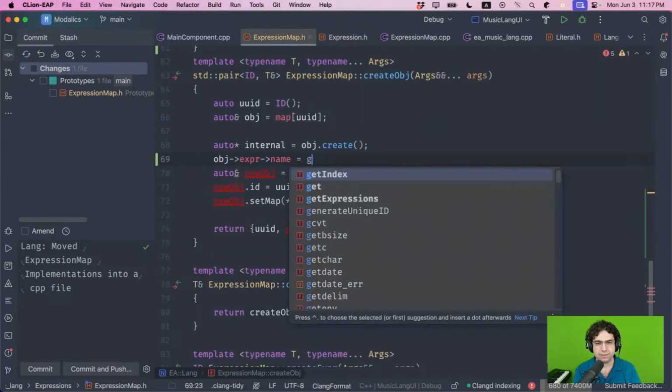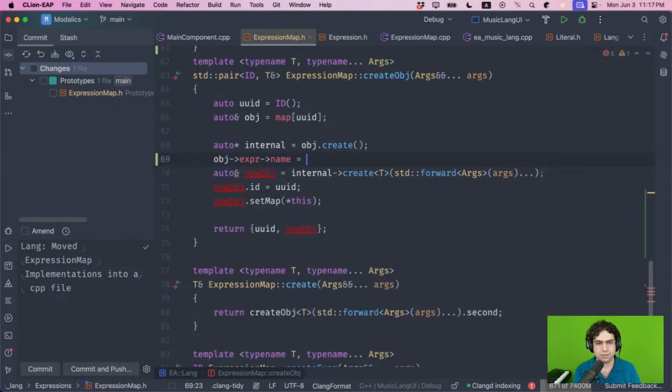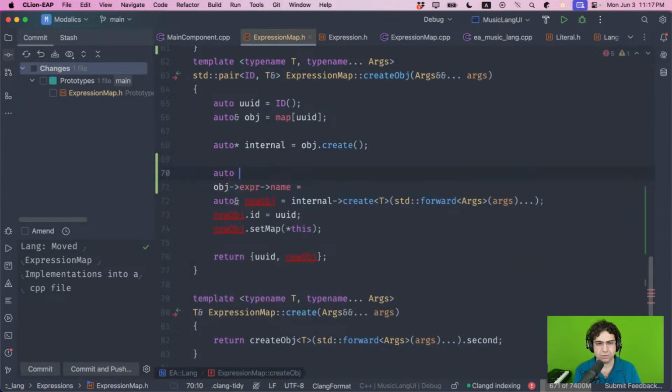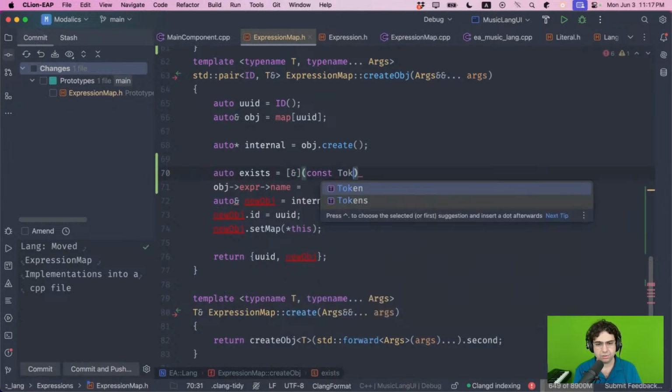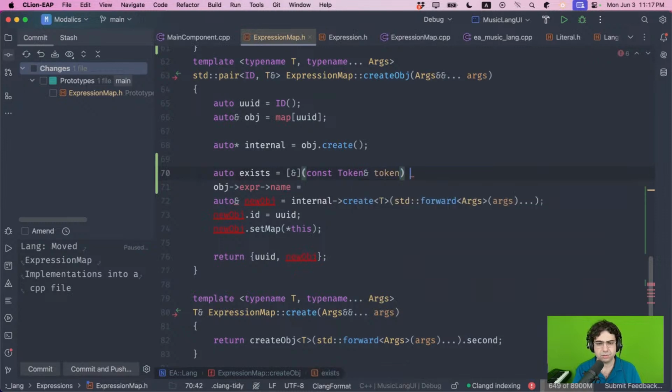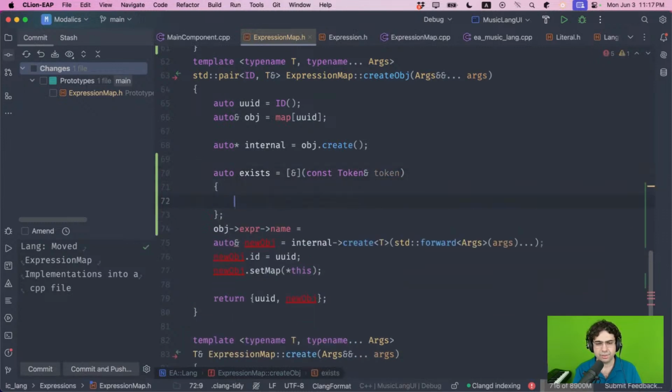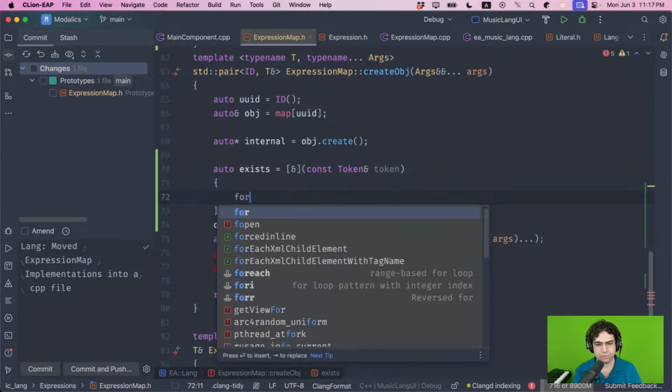Let's assign it the get. So I should do something like exists equals const token. Token is just another name for a string, and then what this should do is go over